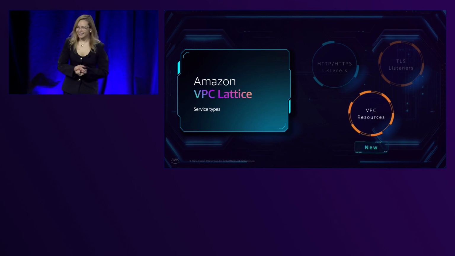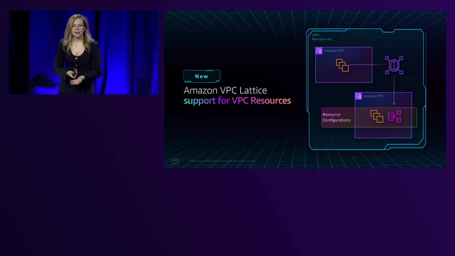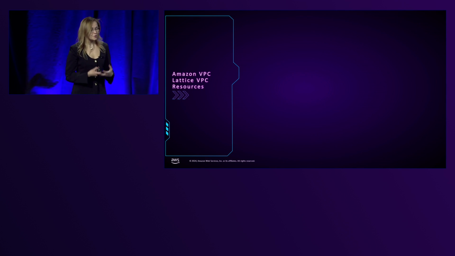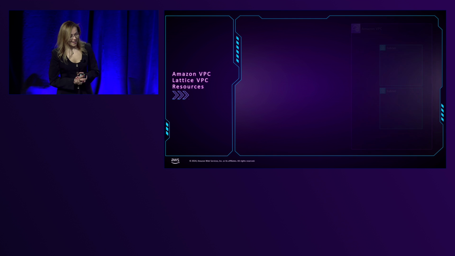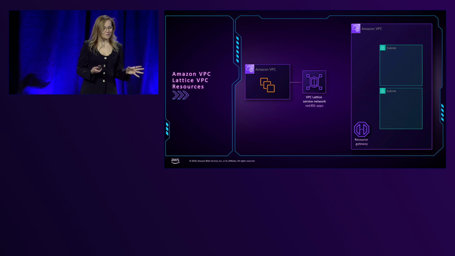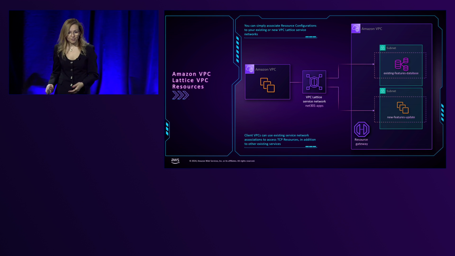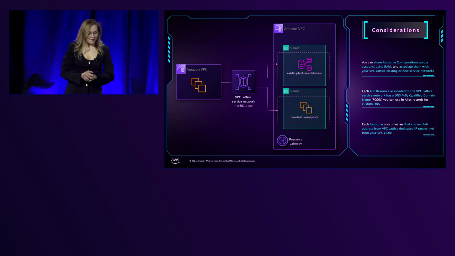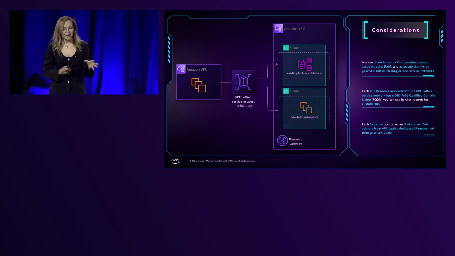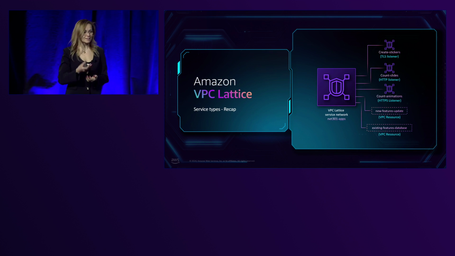And last but not least, today we launch VPC resources supported in VPC Lattice. Same as for PrivateLink, customers have asked us to allow them to associate their non-load-balanceable resources with VPC Lattice. So same constructs that you know already: resource gateway, resource configurations, ARN-based, IP-based, or DNS-based. You can associate them with the service network. Now, from here, if we recap all the service types you can bring into a service network, you can consume